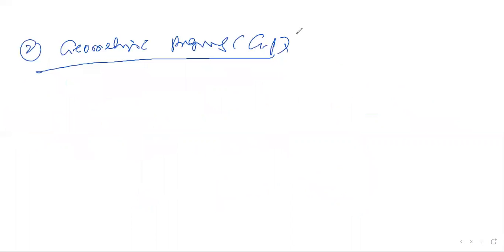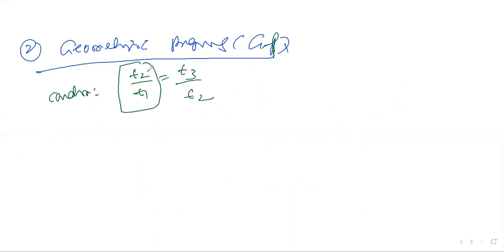Similarly, a geometric progression. The condition for a geometric progression is: second term by first term, third term by second term. The ratio of the second term to the first term and the ratio of the third term to the second term must be the same for a GP. I think you don't have this in the syllabus; I was expecting it in the intermediate 10th class. Now you take it out.